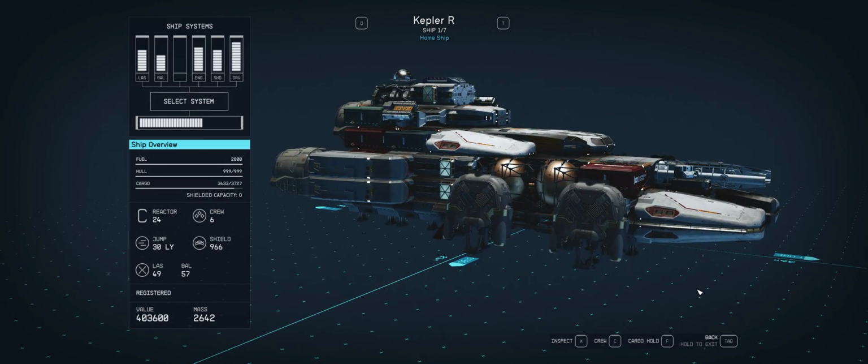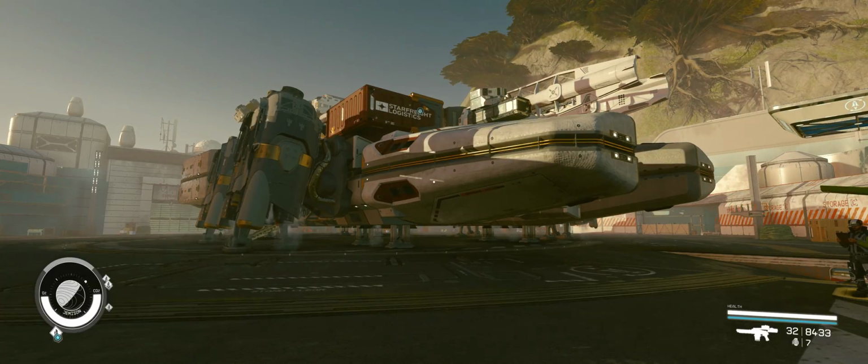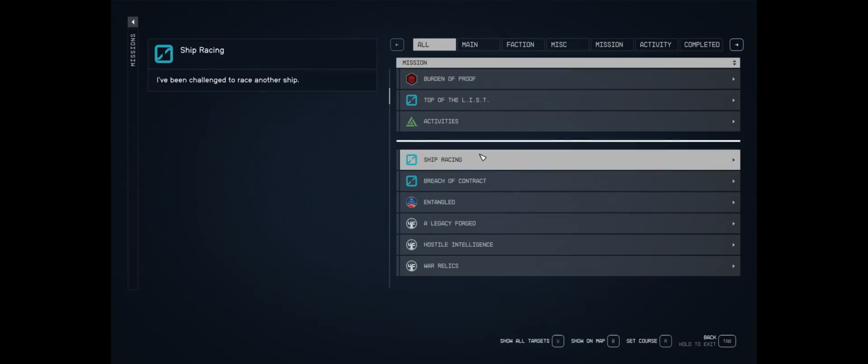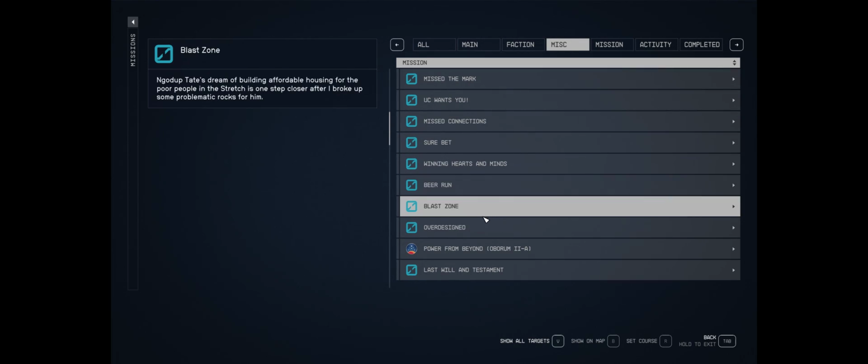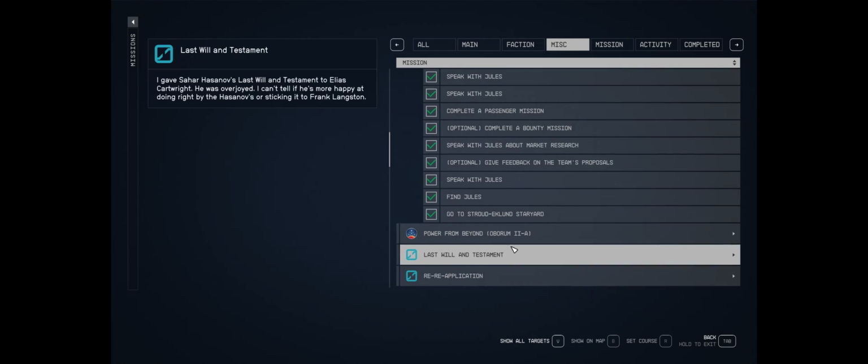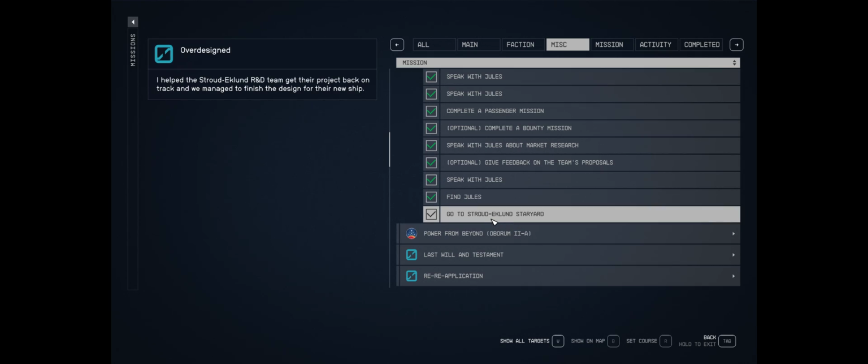Ekland will ask you to do some favors. I believe the quest is called Overdesigned. Let me take a look here. It's one of our miscellaneous quests. Yeah, Overdesigned right here. So Ekland will ask you to go to Stroud Ekland's Star Yards, and there's a lot